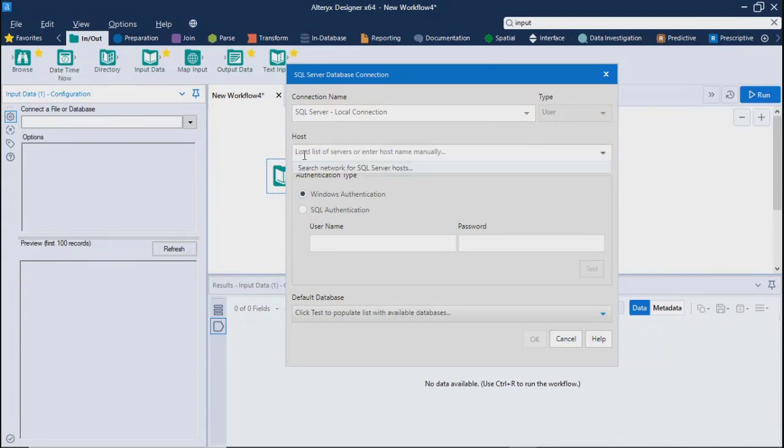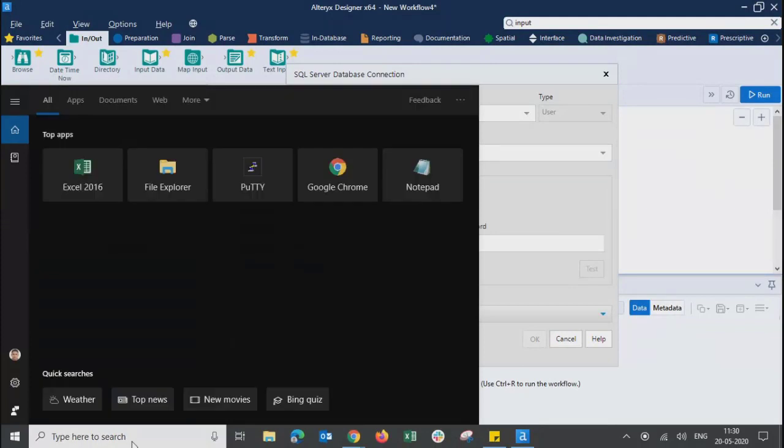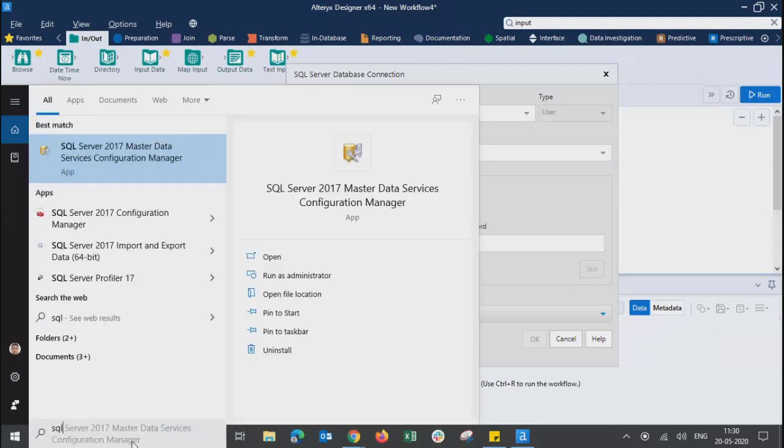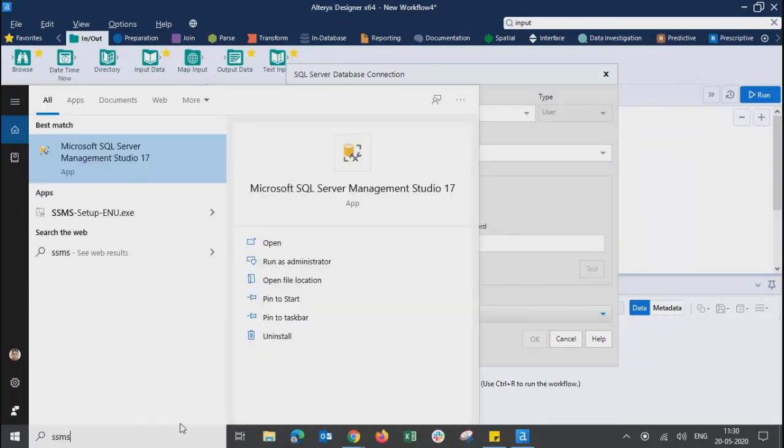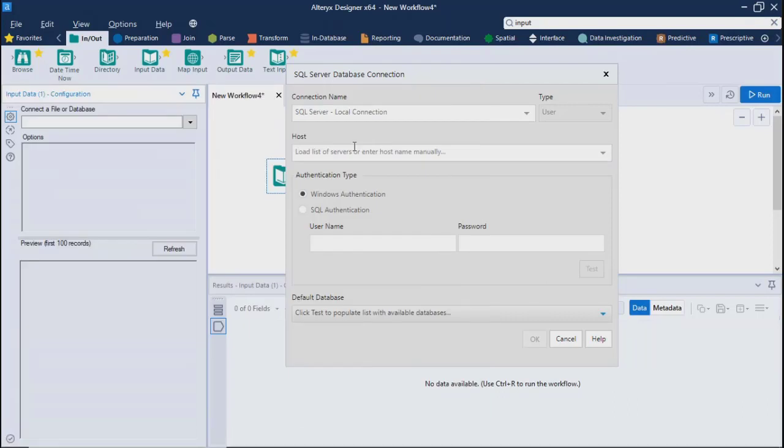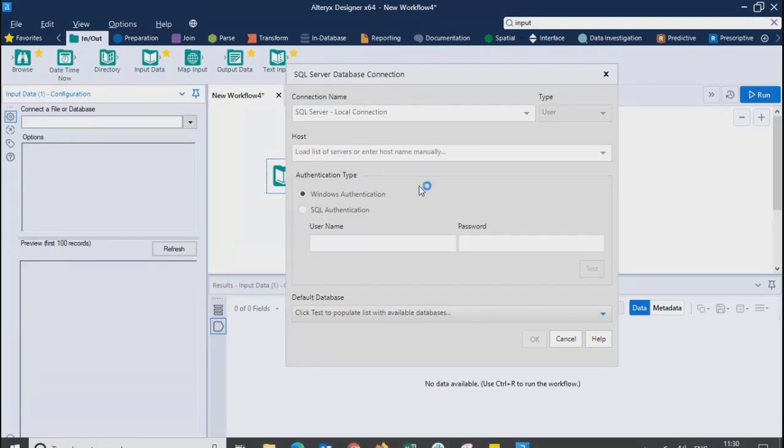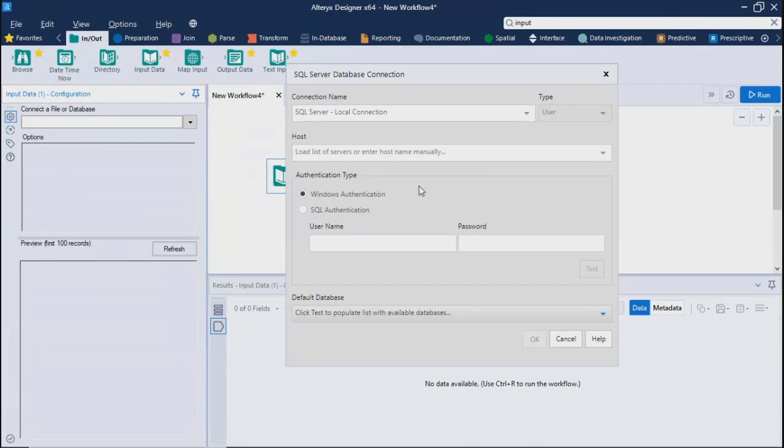Over here, we need to give the server name. So I'll just open my SQL Server. Just give it a minute. It will open the SQL Server.